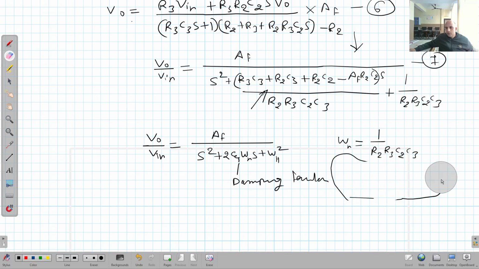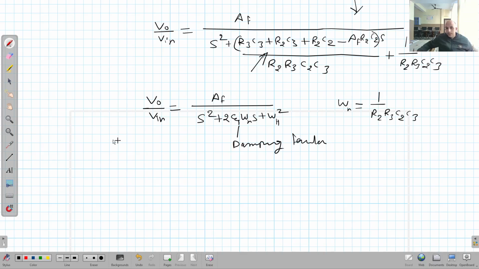So this was wrong. This is about the natural frequency, omega n, clear. And this is the damping factor, and omega h, the highest frequency or cutoff frequency that can pass through this circuit,